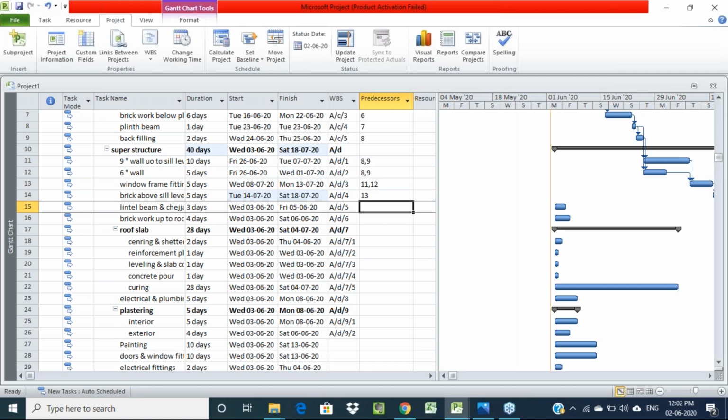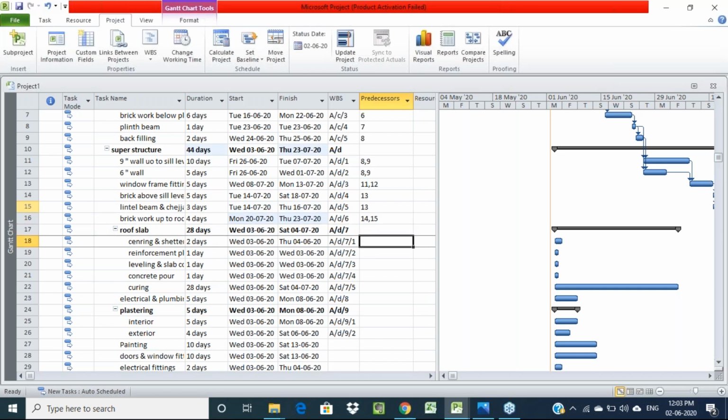Then for lintel and chajja we have to complete frame fitting. So I'm giving 30 as predecessor. And then for construction of brickwork above, till roof level, I am providing predecessors 14 comma 15.